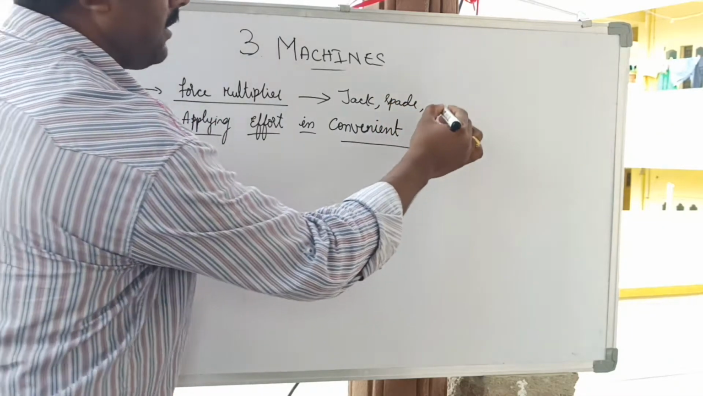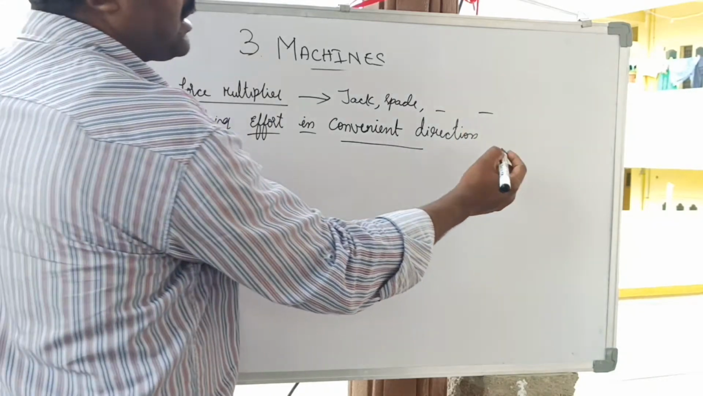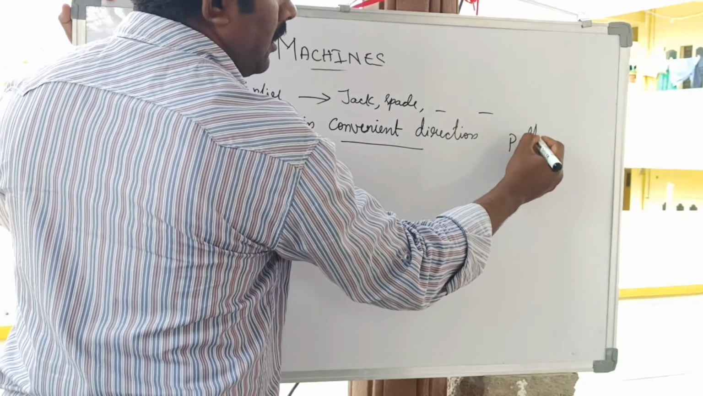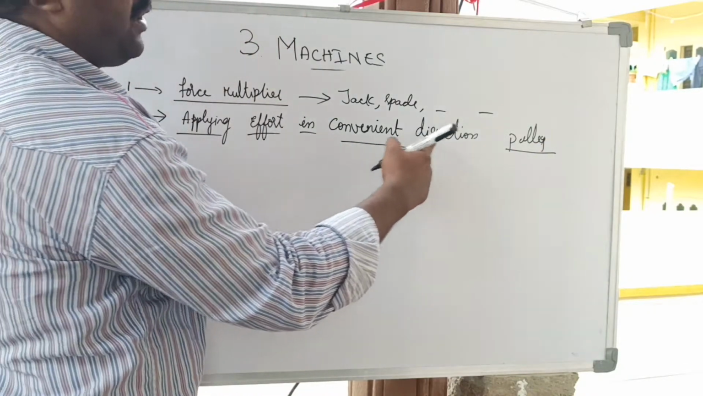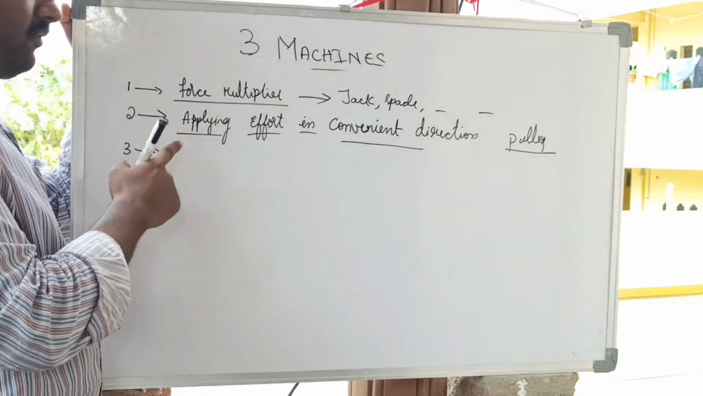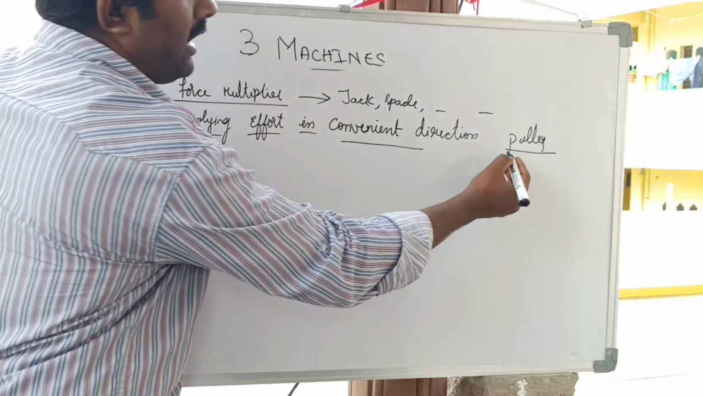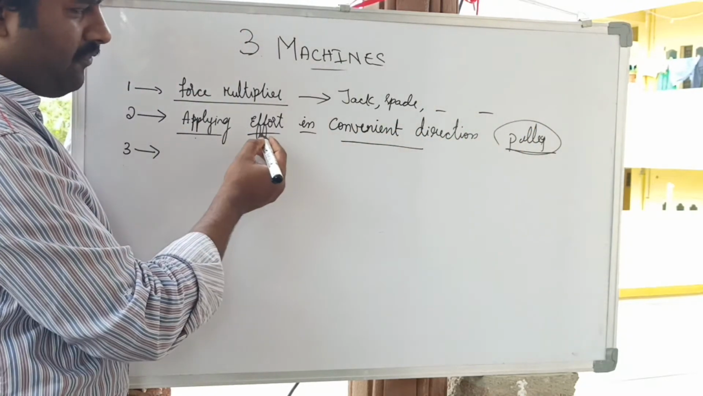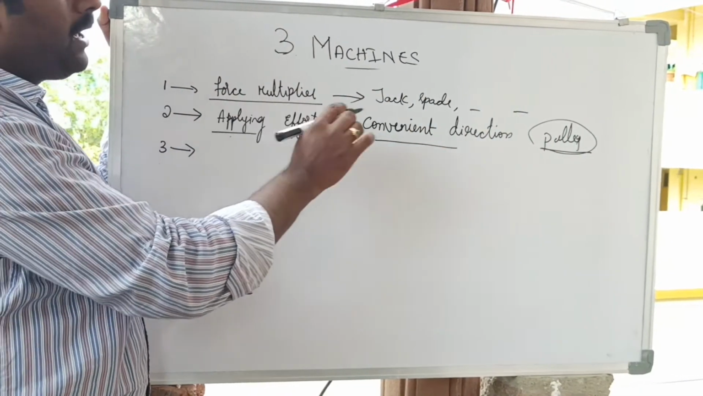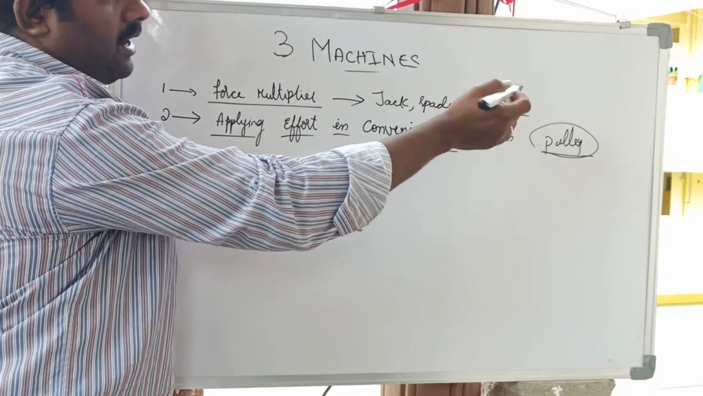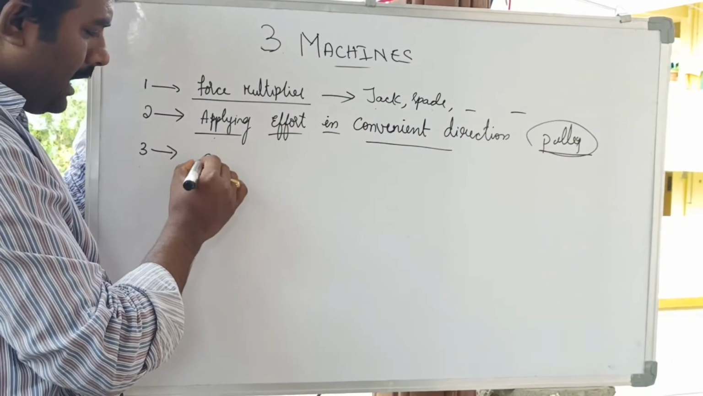Then so many examples we have seen for the force multiplier. Now applying effort in a convenient direction, we have seen that: pulley. Okay, an example of applying effort in a convenient direction is the pulley. Change in the direction we will use. For applying the effort in a convenient direction, we can use the pulley as an example. Force multiplier is jack, spade, and we can say crowbar, etc. We can take it. Now gain in